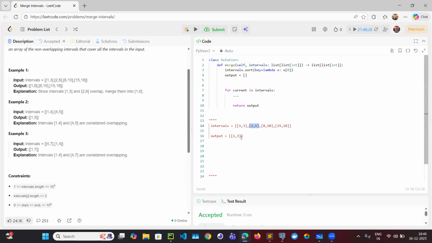Before putting the next element into the output array, what will I check? I will grab its first element 2. I will grab this element 3 and I will compare if it is shorter. So basically I will grab 2, I will grab 3 and I will check whether 2 is shorter than or equal to 3. So the answer is yes. Basically 2 means current element, current start,